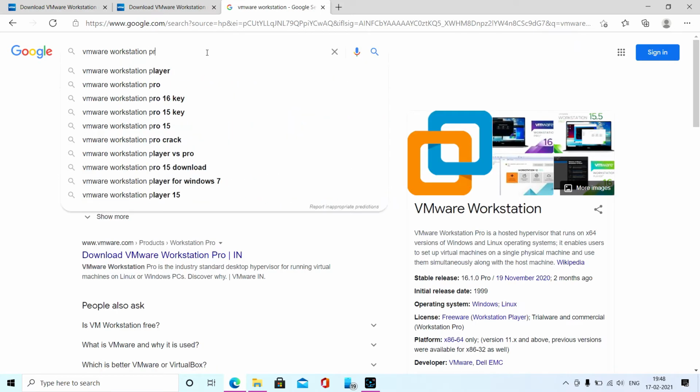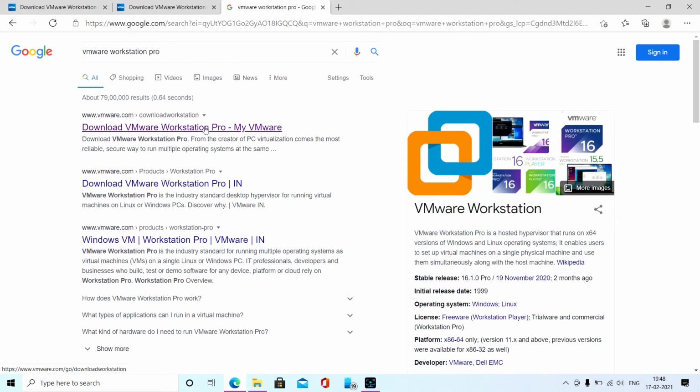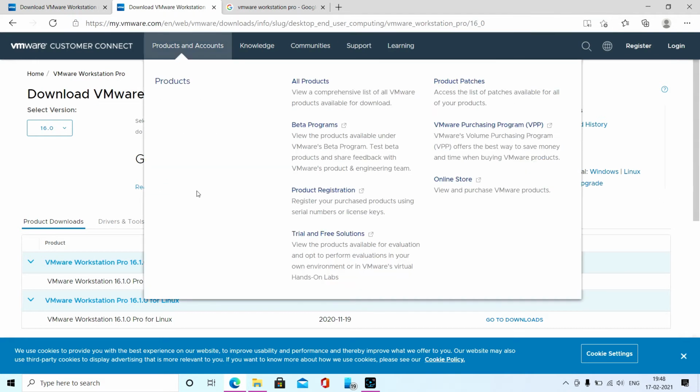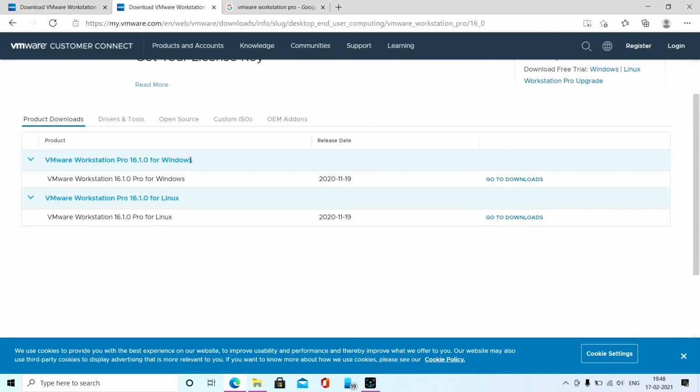So this is the link. I already opened it here. Whenever you go to that link, there will be an option to download VMware Workstation Pro. It is available for Windows and Linux.